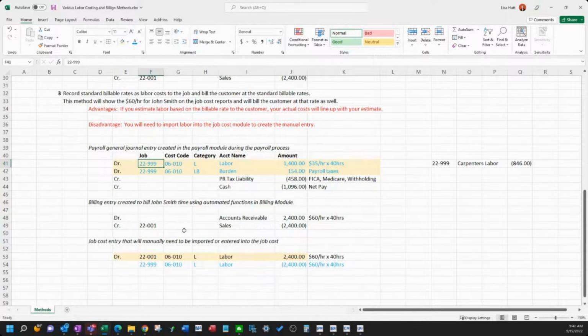When we walk through this with clients, there is that possibility. You can turn it off, and there are reasons you would, but I'd say the majority of the time, if you're audited or reviewed, or you want to keep your general ledger close to your job cost reports, you won't want to turn that off.